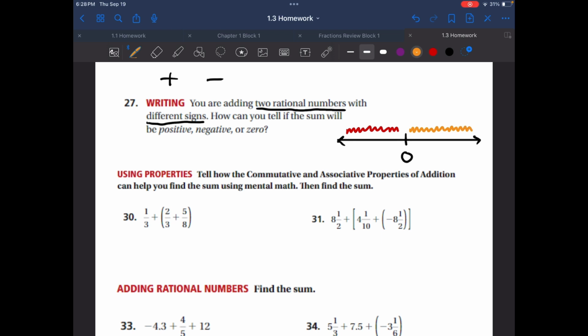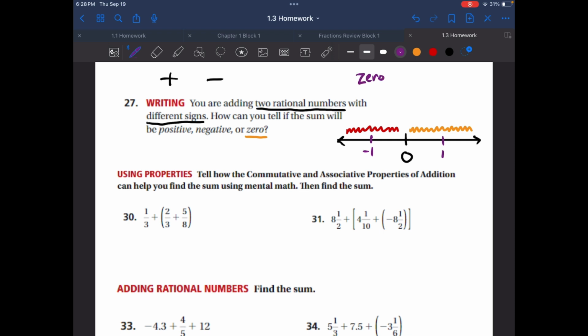Those are what we've got. So, in this, I've got one in the red, one in the yellow. And it's asking us, how can we tell if the sum is going to be positive, negative, or 0? Let's start with 0. Right? Let's say I have negative 1 and positive 1. Those are both rational numbers. Well, we know that